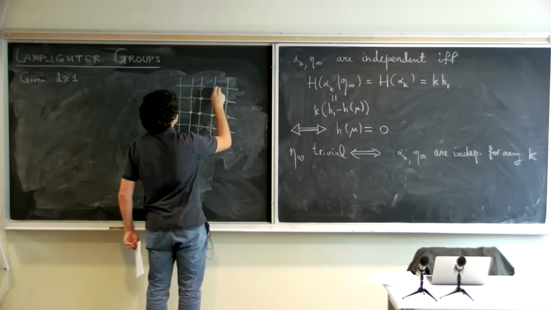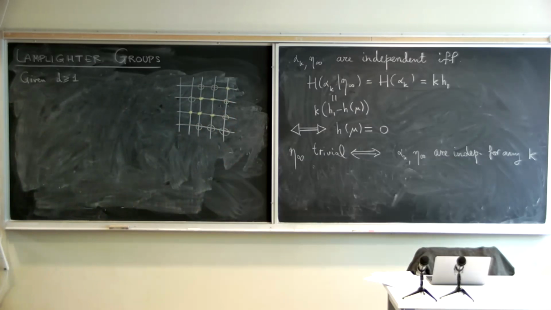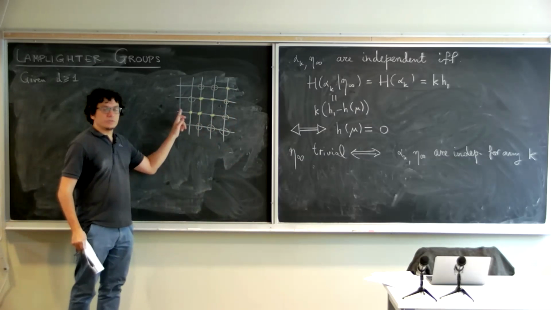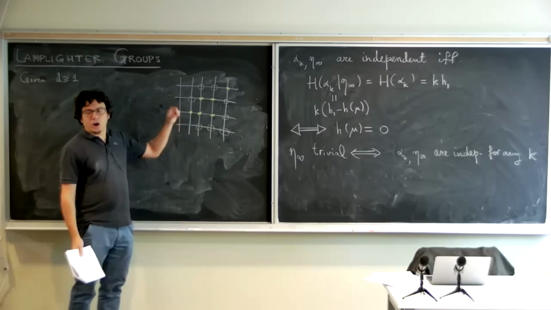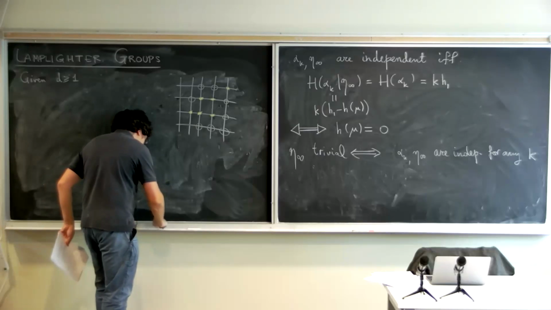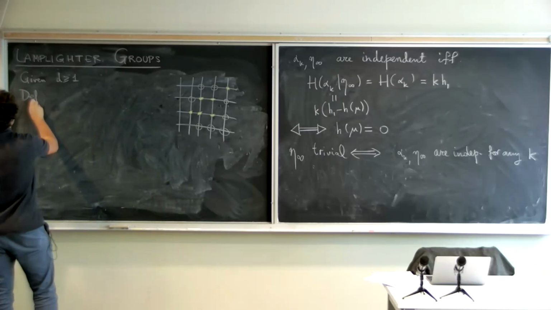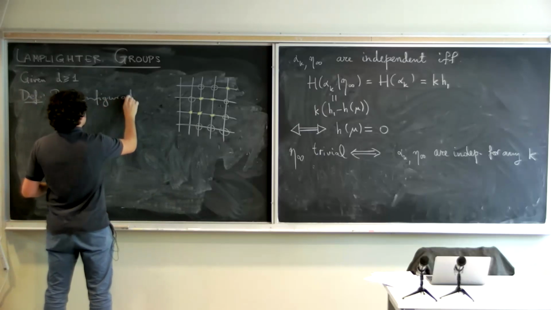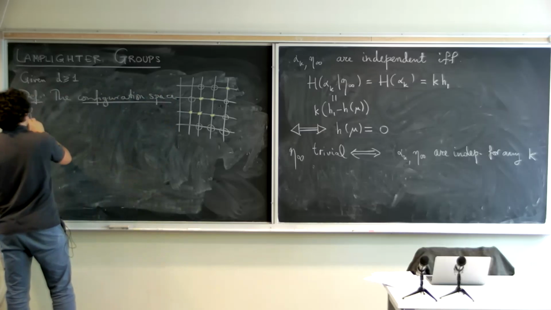Okay. And what does the lamplighter do? The lamplighter can do two things: either moves on the grid by one step, or wherever it is, it turns the light either on or off, changes the status of the light. And so let's see how to make this precise. So we say that the configuration space of, let's say, lights, so to speak,